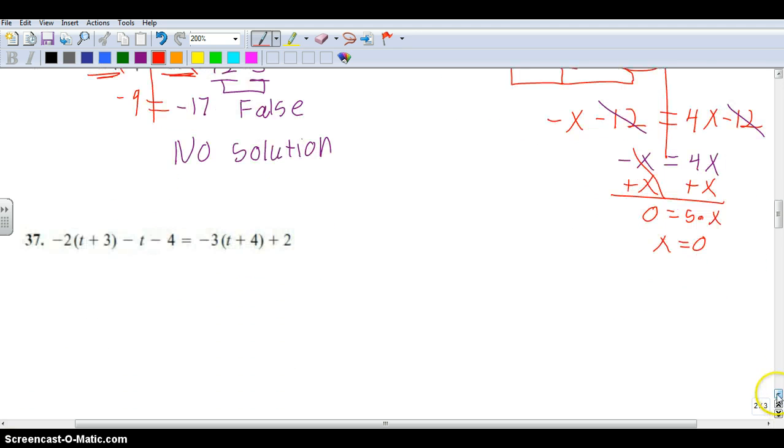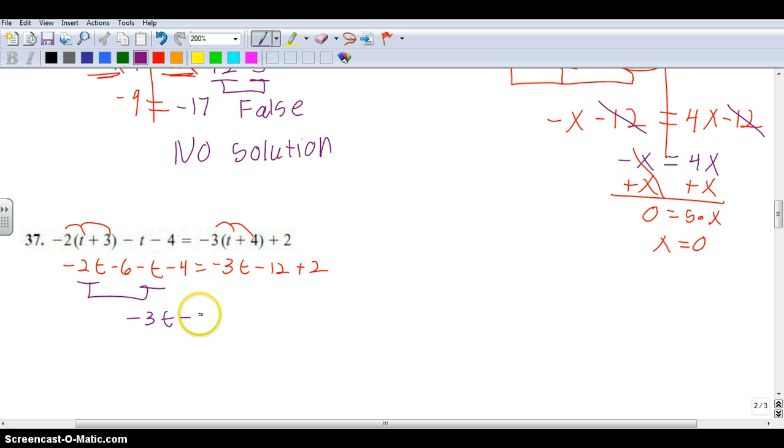Okay, I have only got 30 seconds, so this is going to be tough to do, but I'm going to try to do this. So we distribute here, and I think what's going to happen is at the end of this problem, you're going to end up with a true statement. And if it's true, that means that you're going to have infinitely many solutions. So let's see. Right here, this connects to give us negative 3t minus 10. Then over here you got negative 3t. When you connect these, you